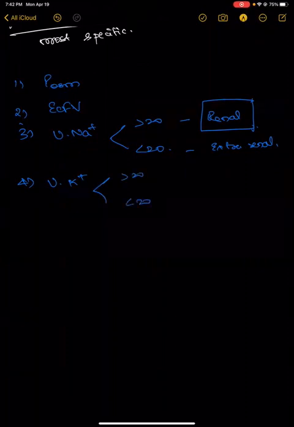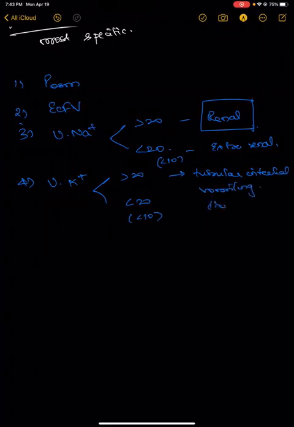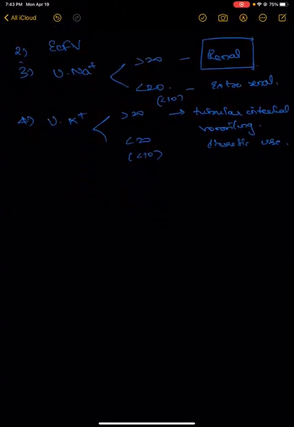In some books, they say that it is less than 10, both urine sodium as well as urine potassium. And the in between 10 to 20 is a gray zone. But Harrison has mentioned it as less than 20 and more than 20, so we can stick to that. So if it is more than 20, then the possible cause is tubulointerstitial disorders, vomiting, diuretic use. There are a lot of causes, but then I'm just giving you a gist of what it could be. So out of which diuretic use is very, very important.